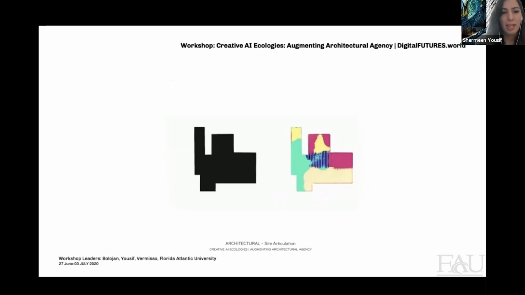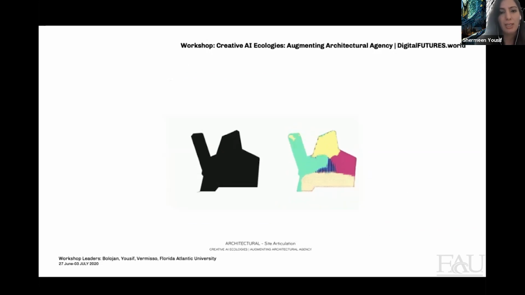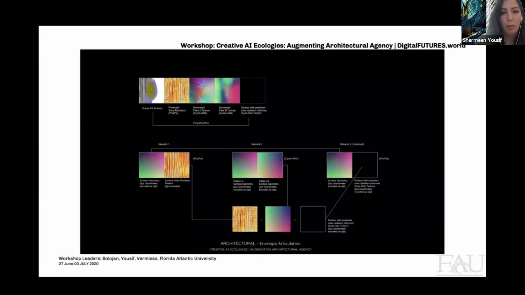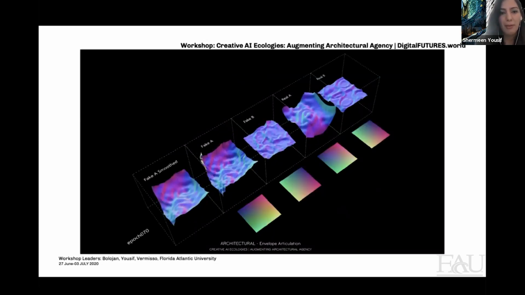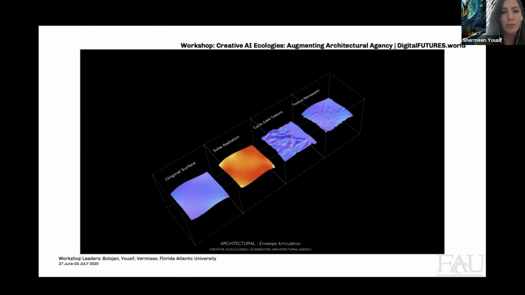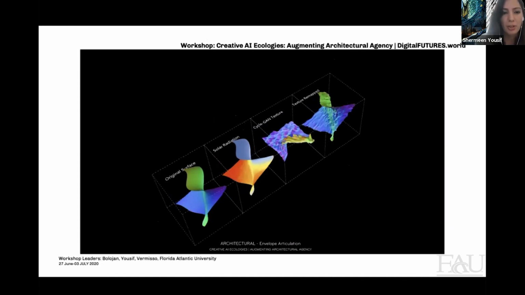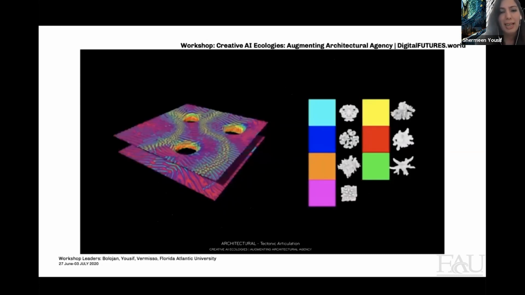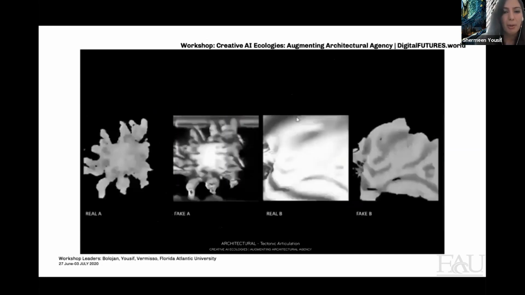On the left side, you saw video, and the right side is the analysis by AI. And then this is group 4, tackling floor plan. This is group 5 and 6. And this is group 6, basically tackling the issue of responsive skins and how solar radiation can inform perforation in the building skin. And then this is group 5, where they tackled